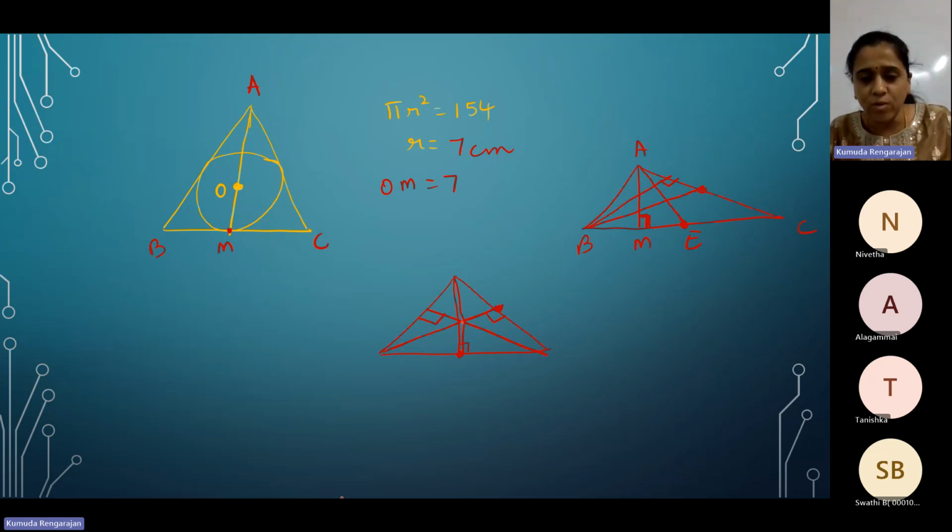So which means this point, what's the point of concurrence of the altitudes called? The point of concurrence of the three altitudes of a triangle is called the orthocenter. And the point of concurrence of the three medians of the triangle is called the